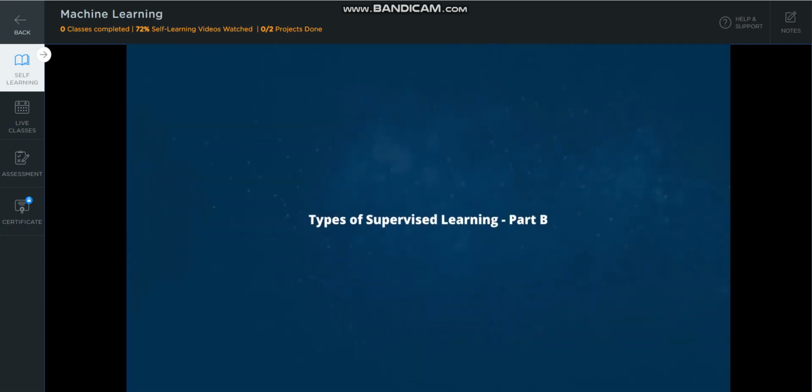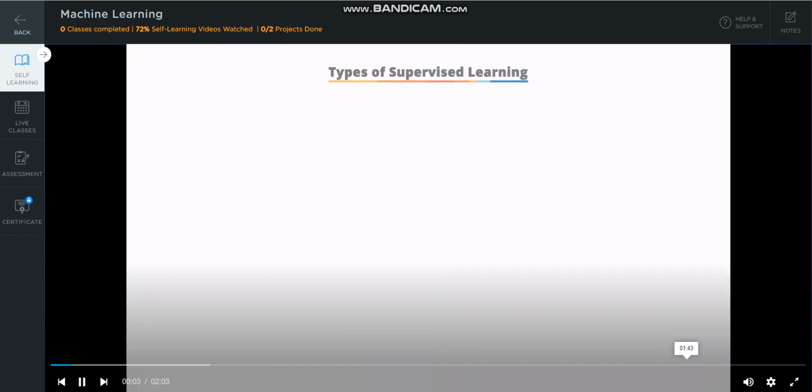Types of supervised learning. Part B. Let's try to understand